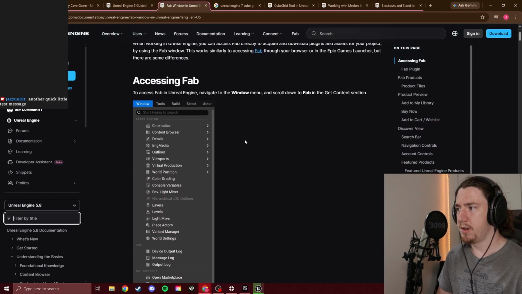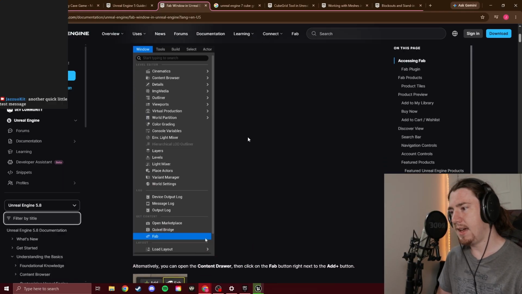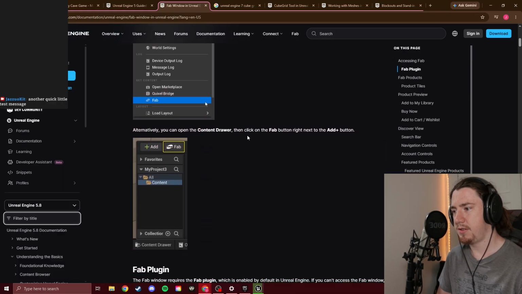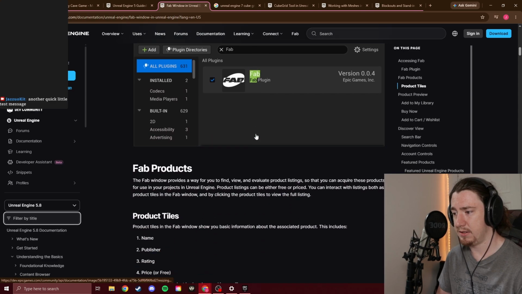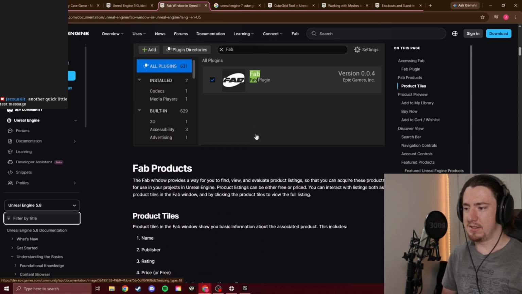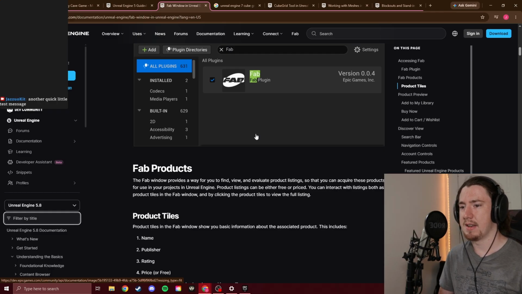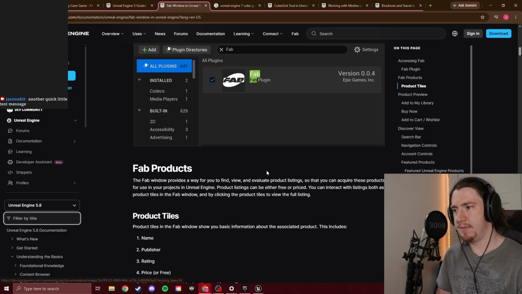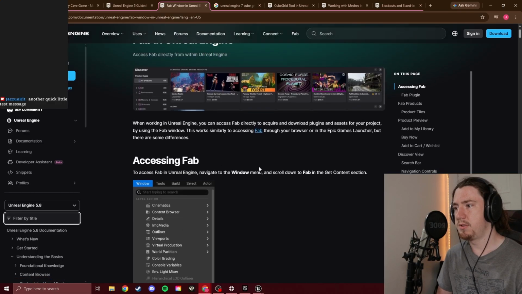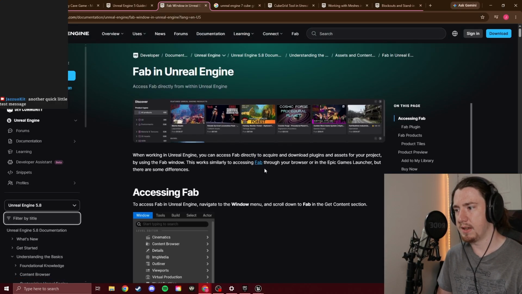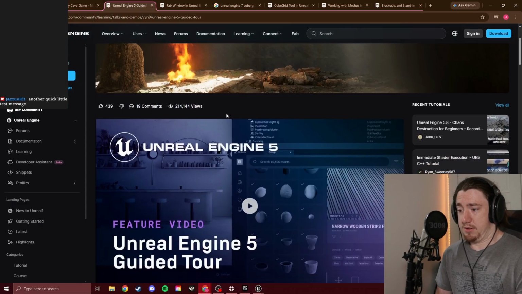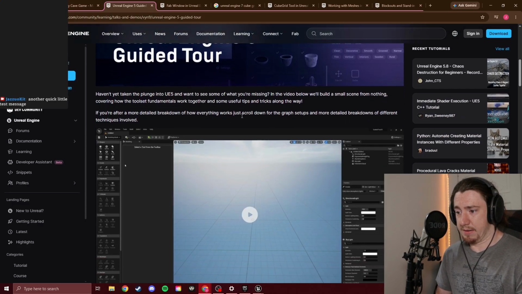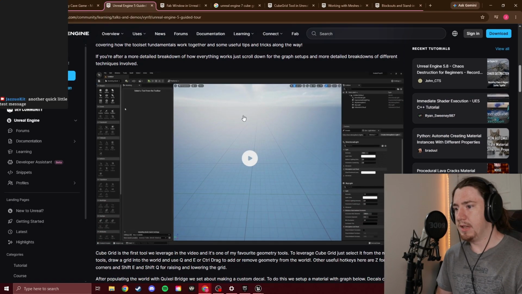So Unreal has basically this entire thing called Fab, and you can pull in a lot of free assets, and also paid assets, from this little store, such as textures, models, things like that,